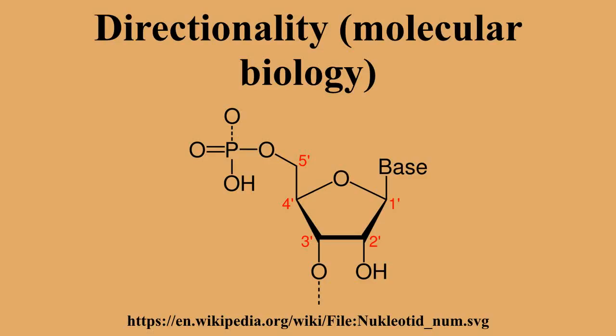Directionality, in molecular biology and biochemistry, is the end-to-end chemical orientation of a single strand of nucleic acid. In a single strand of DNA or RNA, the chemical convention of naming carbon atoms in the nucleotide sugar ring means that there will be a 5' which frequently contains a phosphate group attached to the 5' carbon of the ribose ring, and a 3' which typically is unmodified from the ribose substituent.